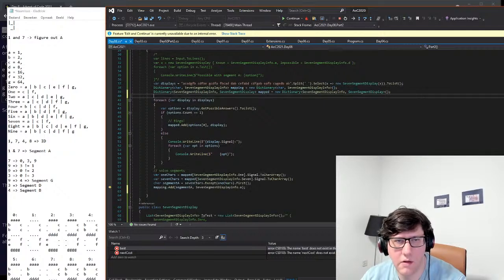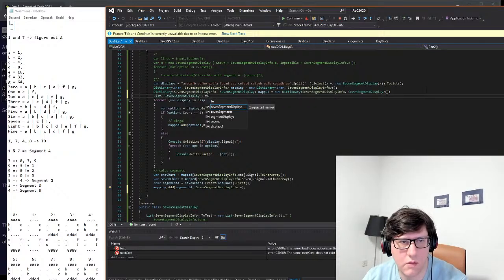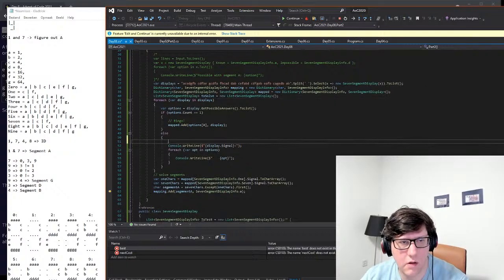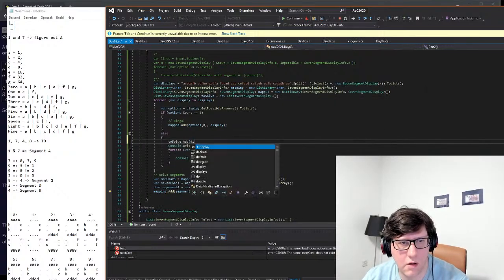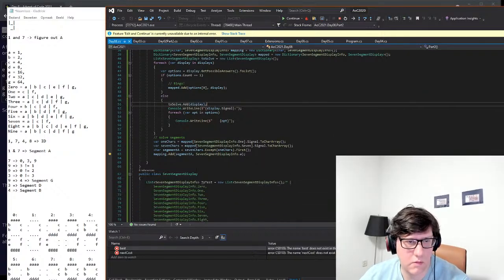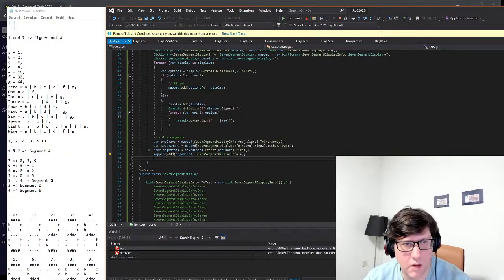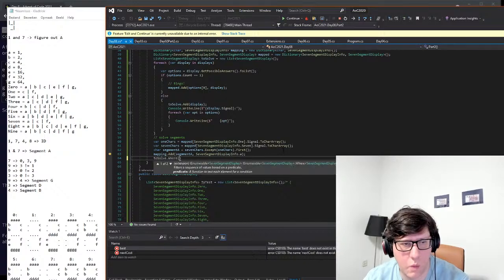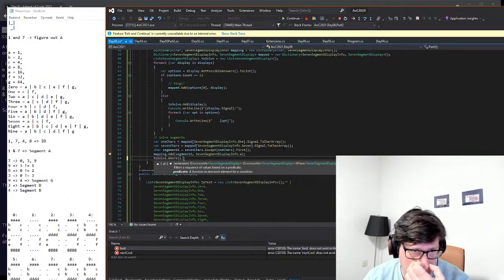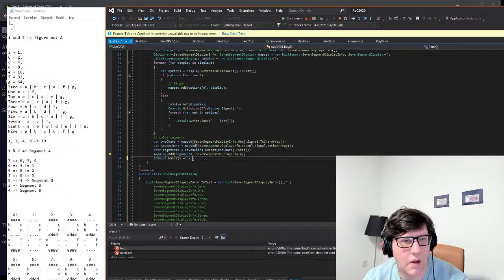So let's see, do a list to solve like this. Okay, so now we can do to solve.Where x, x.signal